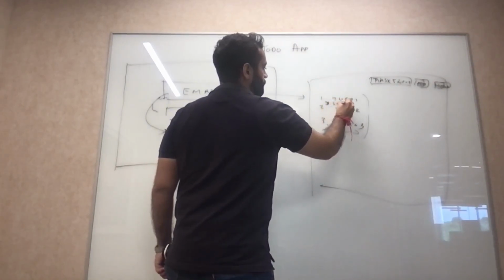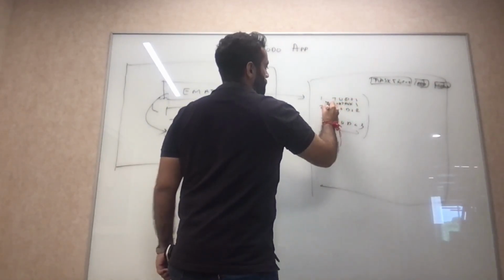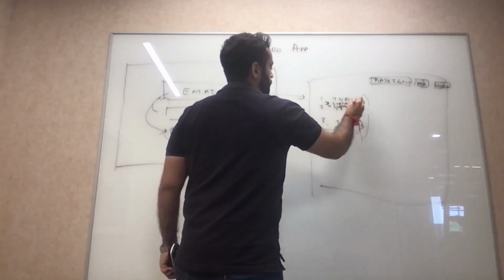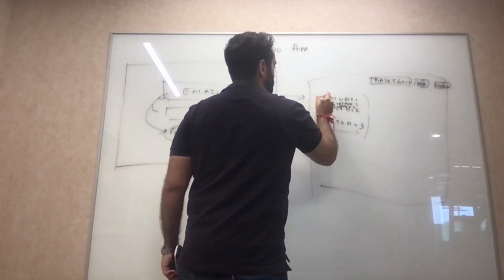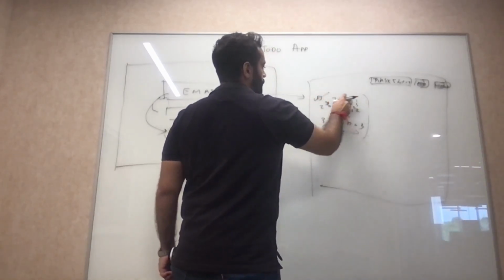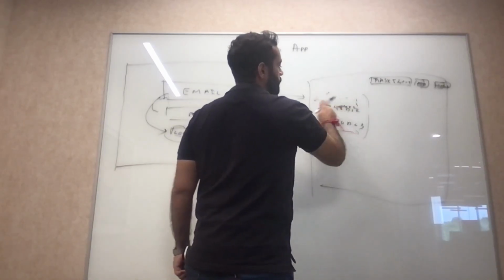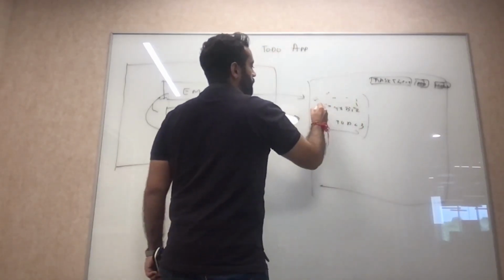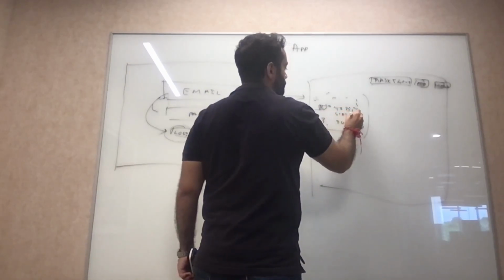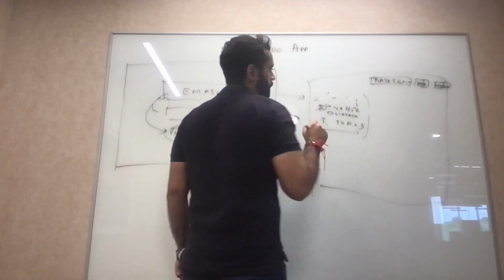So subtask 1, subtask 2, and so on. And then there will be a capability to mark this to-do as done, and then this to-do will go away. Okay. So for supporting this particular UI, we need the following